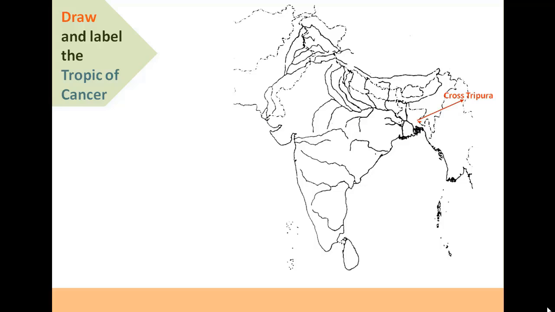From west to east, mark at the middle of Tripura. Next, mark on the Damodar River vertices. Followed by that, mark 2 mm above the Narmada River, just like shown on the screen. Followed by that, mark 2 mm above the Gulf of Kutch. Now join these markings with free hand. In this manner, with practice, one can learn how to mark the Tropic of Cancer on the map of India.